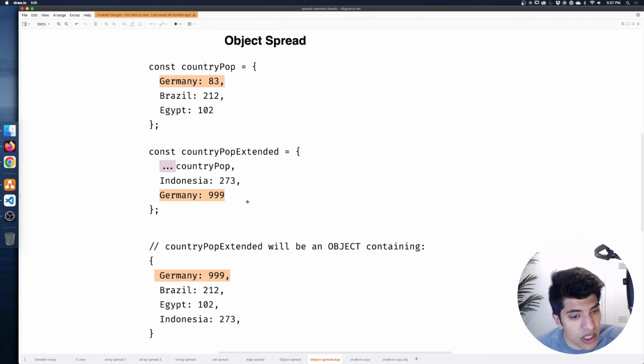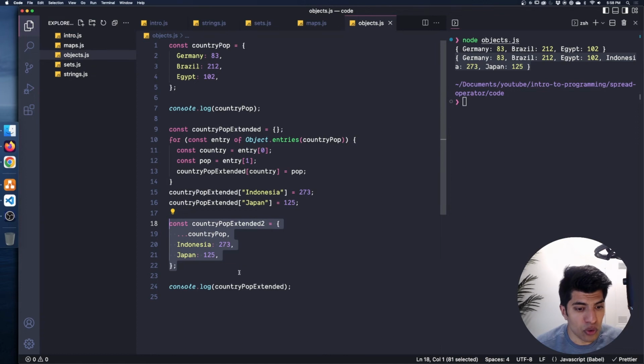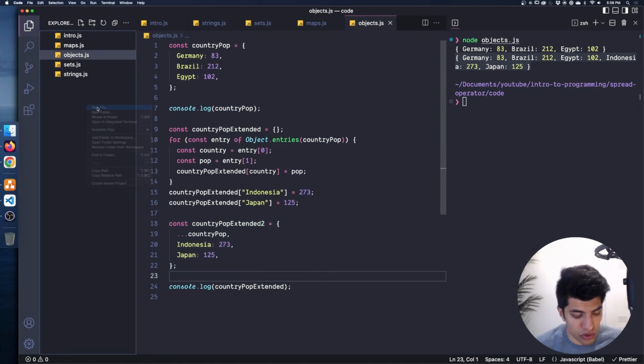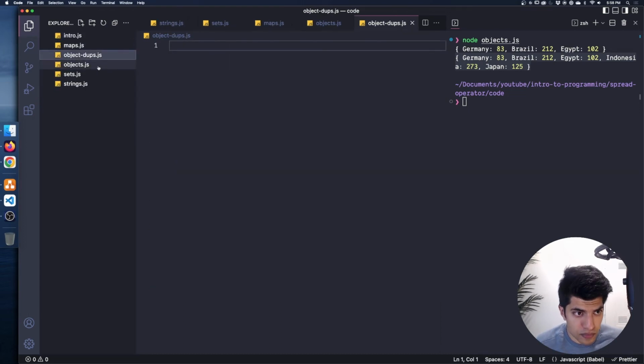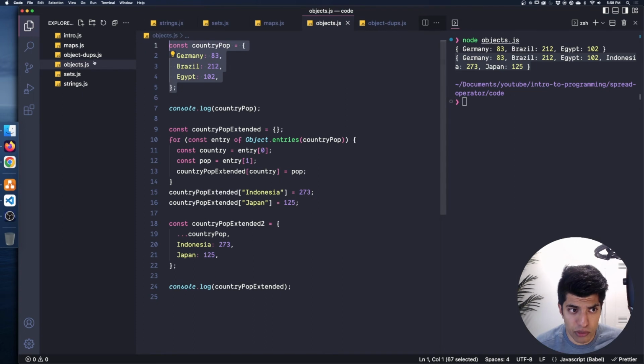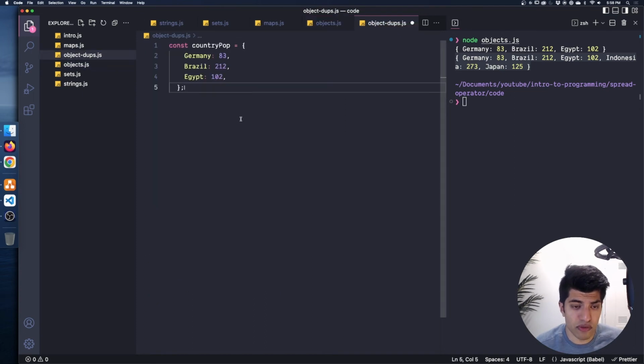Okay, so just be aware of that. It can definitely trip you up in a lot of cases if you're not even sure what the keys are in the object. And it does make a difference what order you do this in. So I'm just going to make a new file here. I'm going to call this object-dupes.js. I'm actually just going to copy my country pop object over just for the sake of time, and it's a